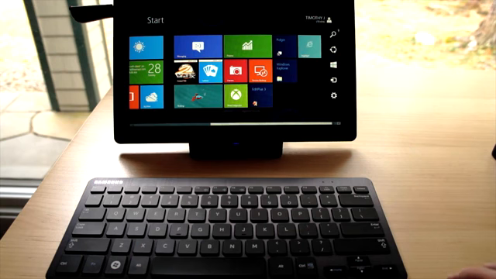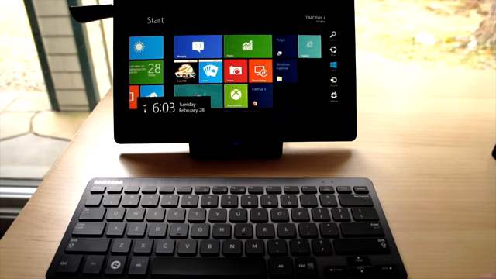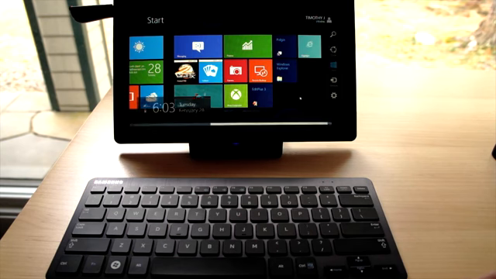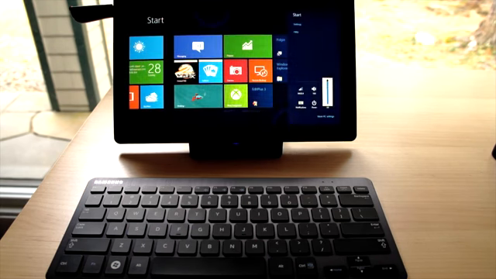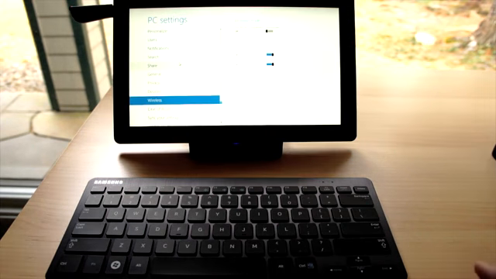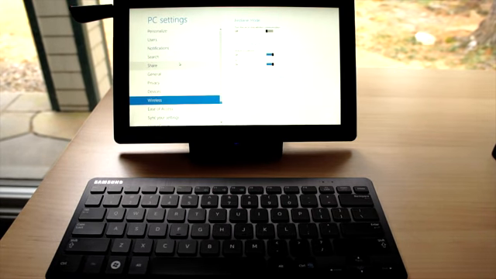If I go to the upper right, it brings out these charms which give you quick access to changing settings, sharing things, adding devices, that kind of thing. Always available just by going to the side of the screen. And as you can see, we've got the new Windows logo here as well. Click on Settings. These are some of the quick settings that you always have available, including brightness. Let's bring that up a little bit. You've also got notifications here, and you can go into the full list of settings here, which is a bit more comprehensive, although there is also the control panel available to you, which will give you even more things to